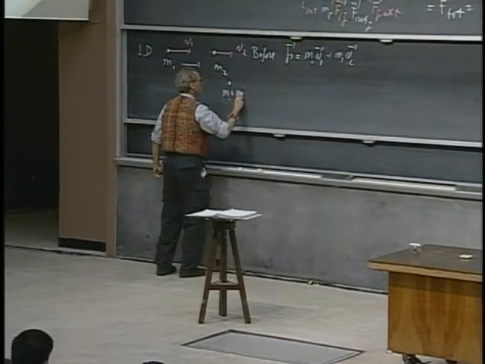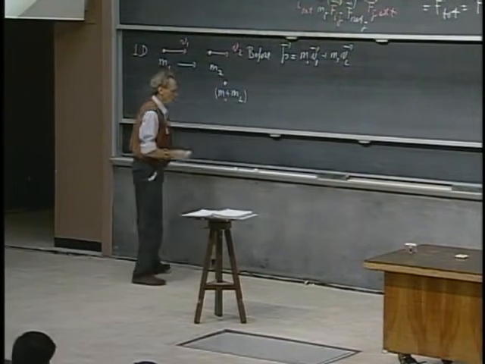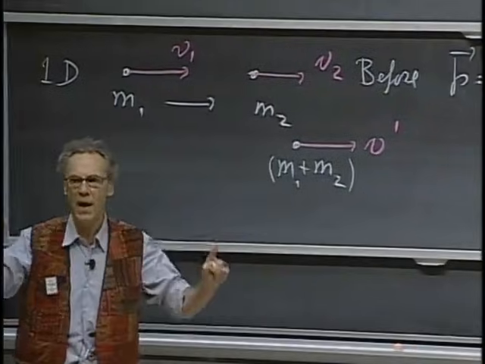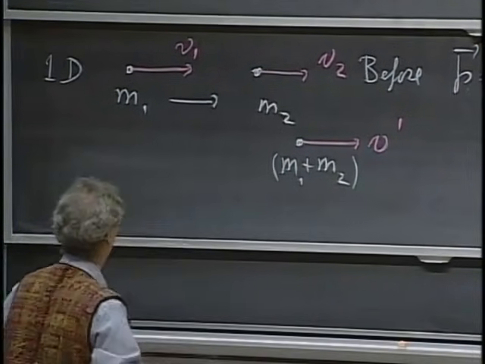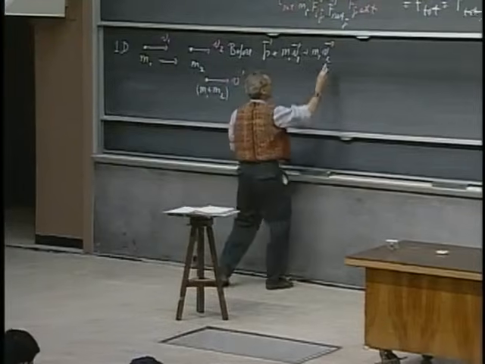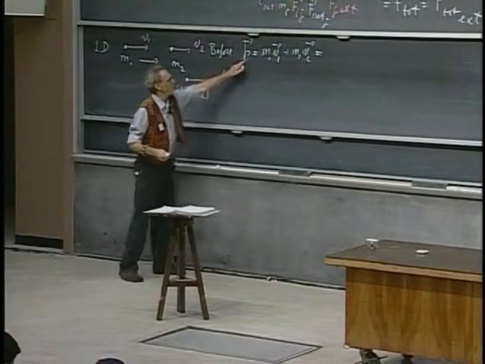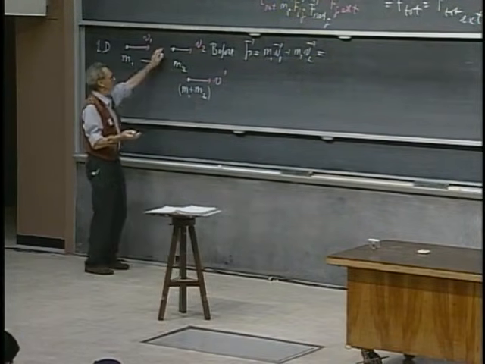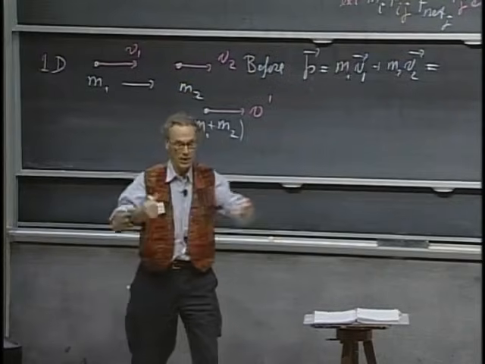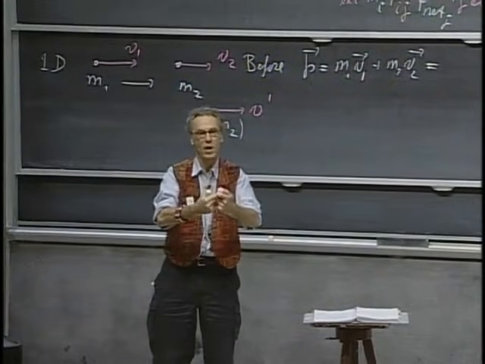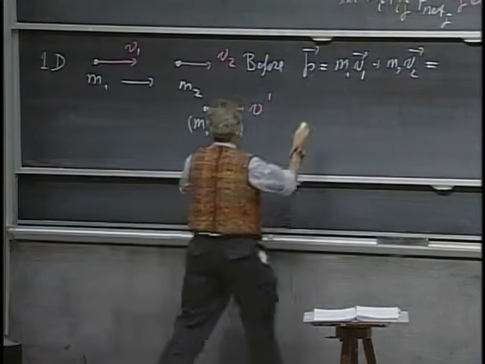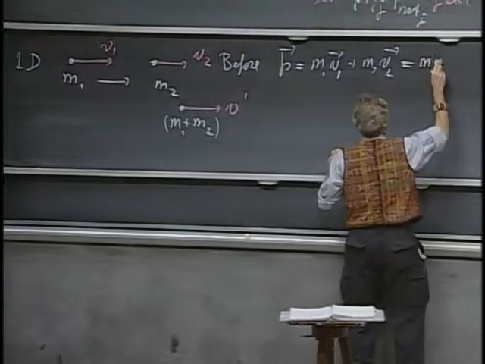Now they stick together. And so when they stick together, their total mass is m1 plus m2. And then their velocity happens to be v prime. We often give a prime to the situation after the collision occurs. And so now I can apply for the first time the conservation of momentum. The momentum before must be the same as the momentum afterwards because there are no external forces on the system. When they collide, you better believe that there are internal forces. You better believe that there is glue. And it goes plunk, and they feel those forces, both of them. The momentum of each one individually is changing, but not the momentum of the system as a whole. And so this equals m1 plus m2